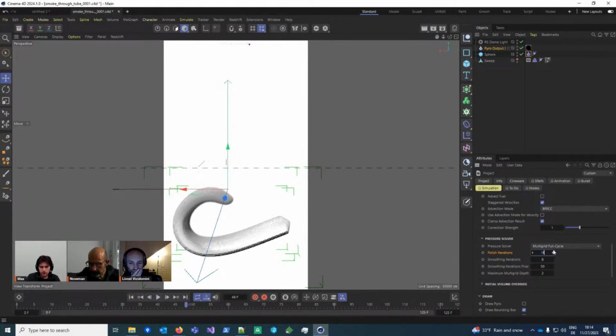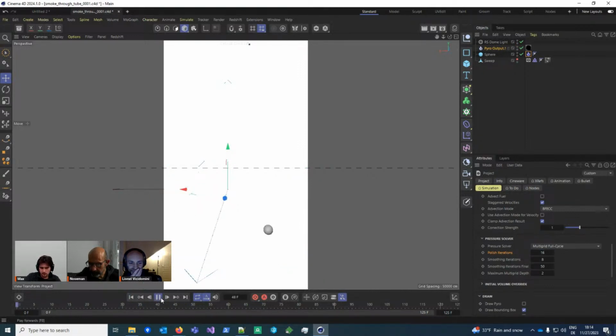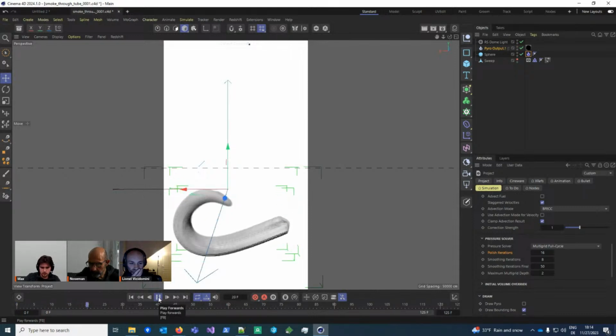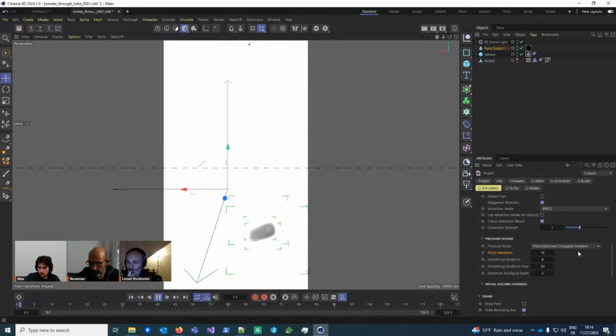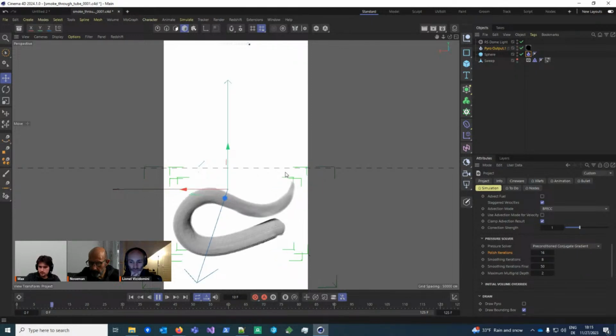Now, adding some polish iterations would alleviate that again, but still not lead to the same nice results that we just saw with the preconditioned conjugate gradient. This still spreads quite nicely, but also doesn't achieve the same what this method does. As you can see, this is obviously a lot slower, but it kind of makes up for it by actually solving the issue at hand.